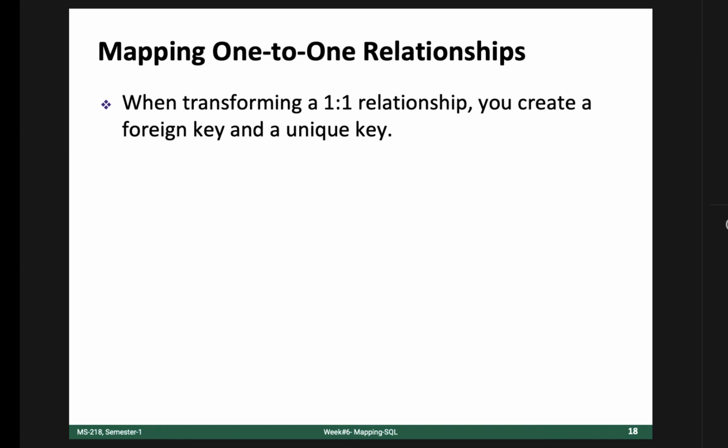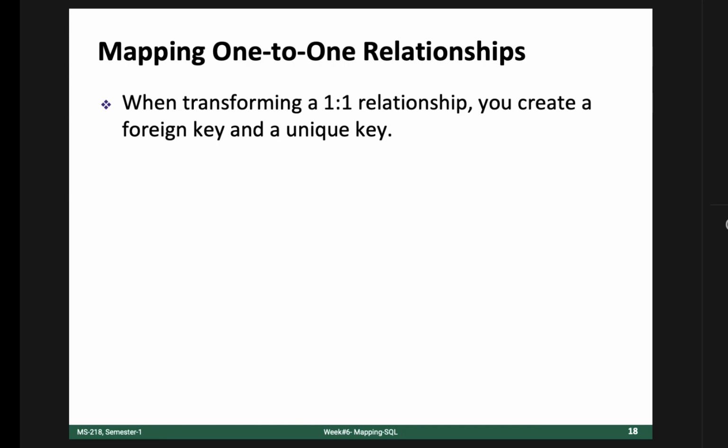Obviously we are making it a foreign key, but we are making that foreign key attribute unique as well, to ensure that the relationship remains one-to-one. Obviously one country couldn't have two capitals, or one capital cannot be the capital of two countries, right? So that's why the unique key is there. If Dublin is selected as the capital of some country, then the unique key constraint will ensure that it will not be added as the capital of another country. Okay, so that's why it's unique.